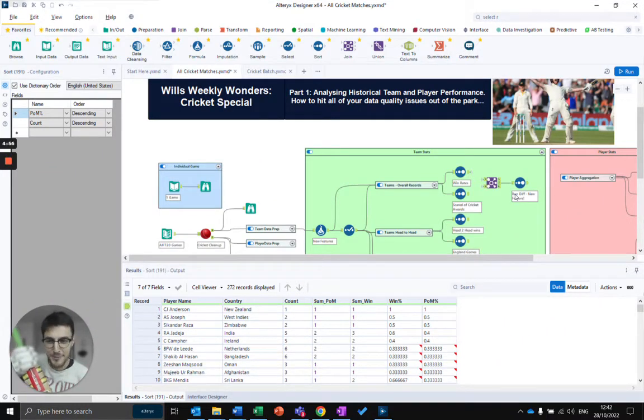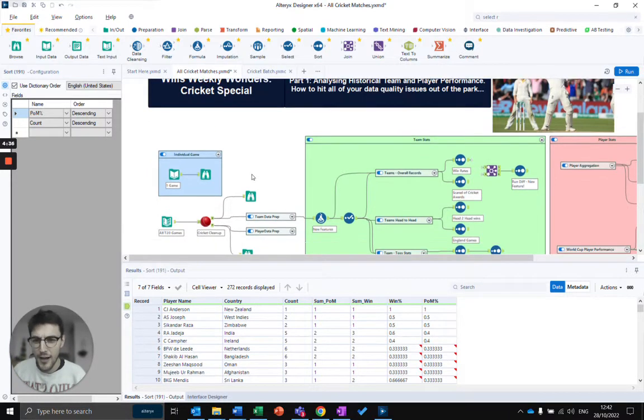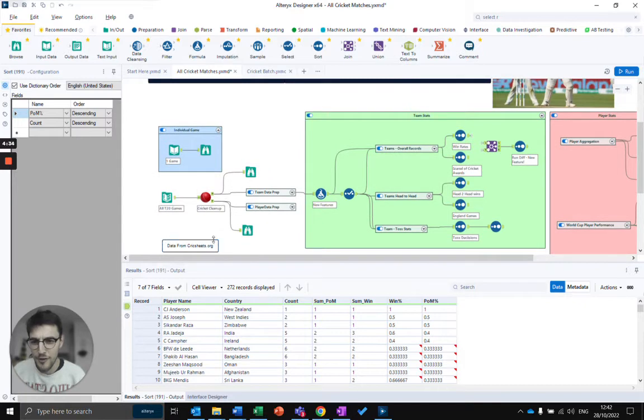This week it's a cricket special. With the 2020 World Cup currently taking place in Australia, I thought there's no better time than to combine more of my sporting passions with Alteryx and see what we could do. I've also thought the added challenge of wearing cricket gloves to see how much of a workflow we can get through. So in this example, I was able to go and get some data from my good friends at CricSheets,